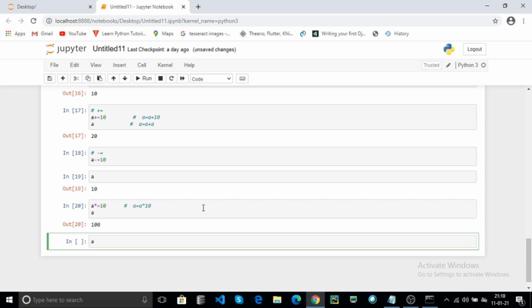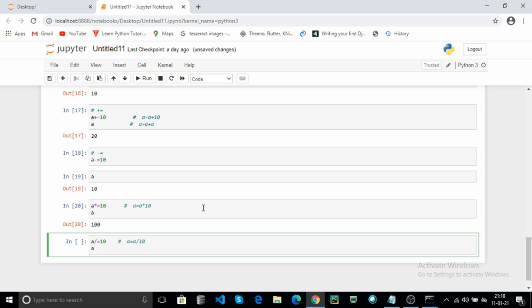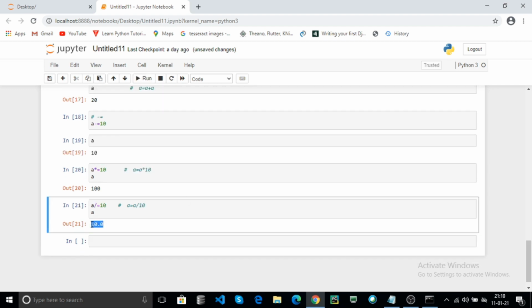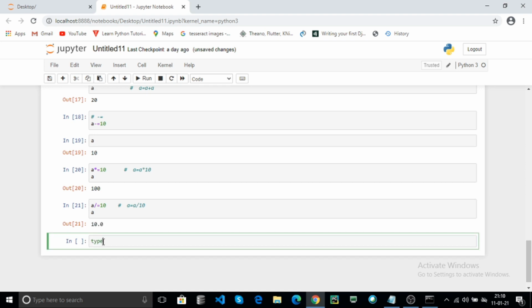A floating division equal to 10. It means a equal to a floating division with 10. A contains floating data, here 10.0. Here a contains a float.